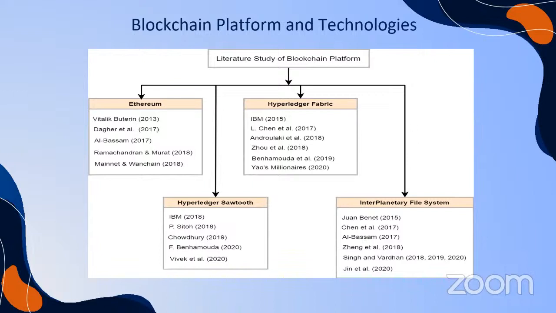But in Hyperledger, we use the Go language. In the term of Ethereum, we use the smart contract. In the term of Hyperledger, we call it a chaincode. Then next we have discussed the